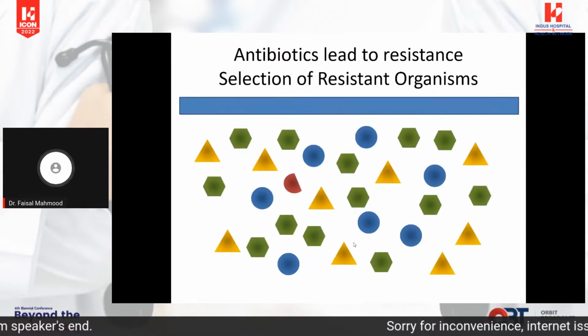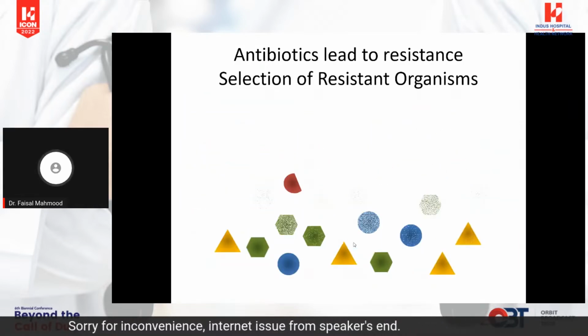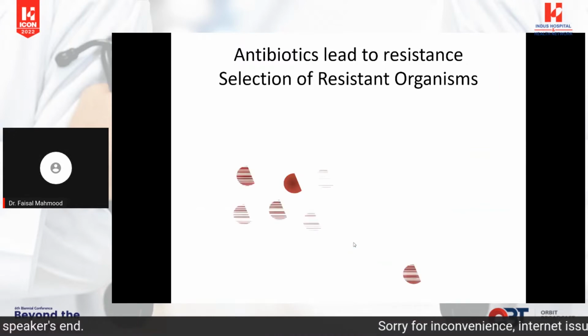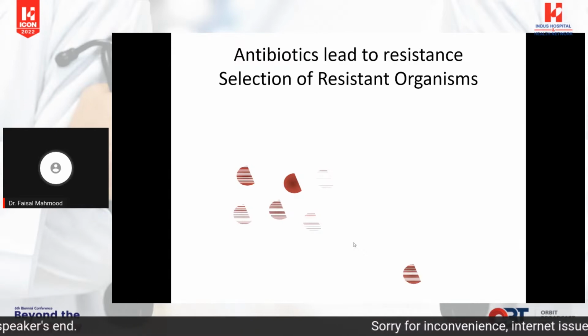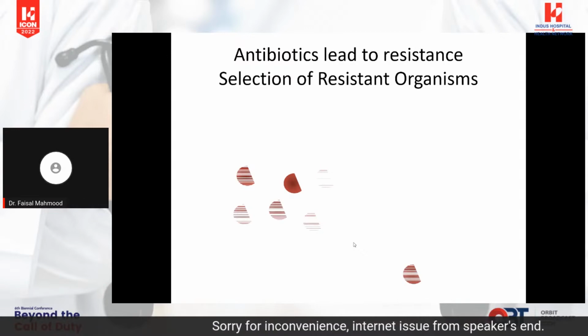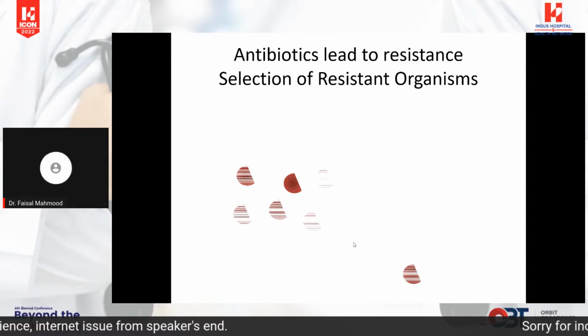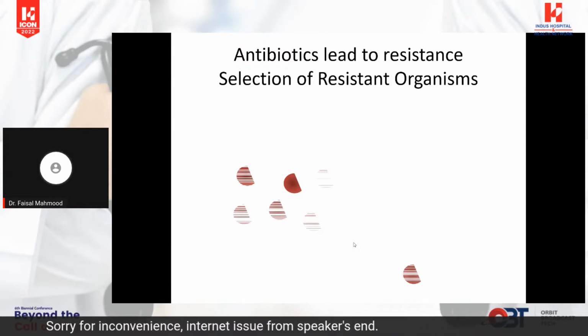What happens more frequently is that if, for example, somebody's gut has lots of different bacteria, you give them an antibiotic which will wipe out all other bacteria except for one resistant organism, and infections will be with this resistant organism. What's probably the most common is that once you give an antibiotic, it wipes out all of the bacteria in the gut, and the gut then really is primed to getting colonized with other bacteria, usually from dirty hands, which we haven't cleaned when we've seen other patients, and this then takes over the gut. And in real life, it's probably a mixture of both. When you give an antibiotic to a patient, then some get selected out, some become resistant, and then we introduce more bacteria. And what happens is that the person gets